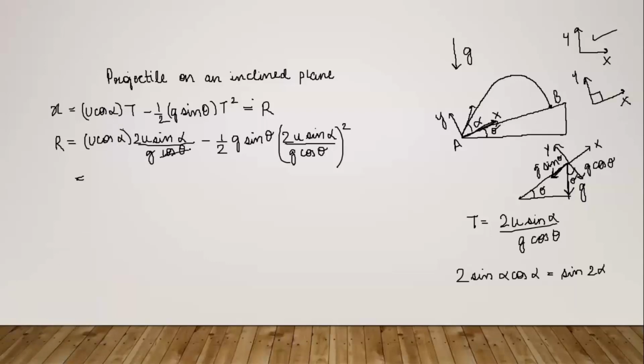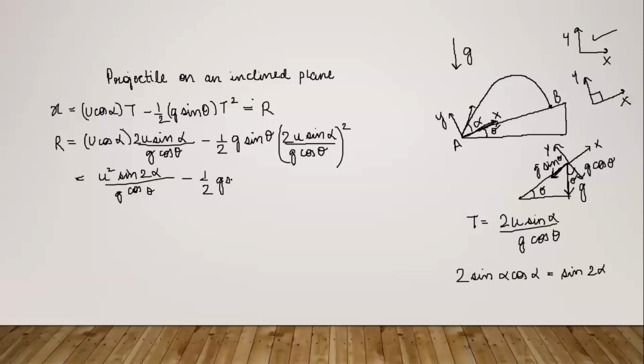Now we see that this cos theta and cos theta cancel out. When we use this property, we can see it is 2 sine alpha and this one is cos alpha and this is cos theta. So we will get here u square 2 sine alpha cos alpha, which becomes sine 2 alpha, divided by g cos of theta,